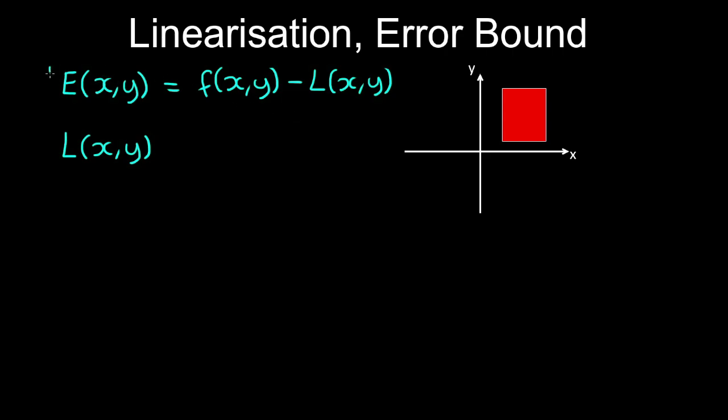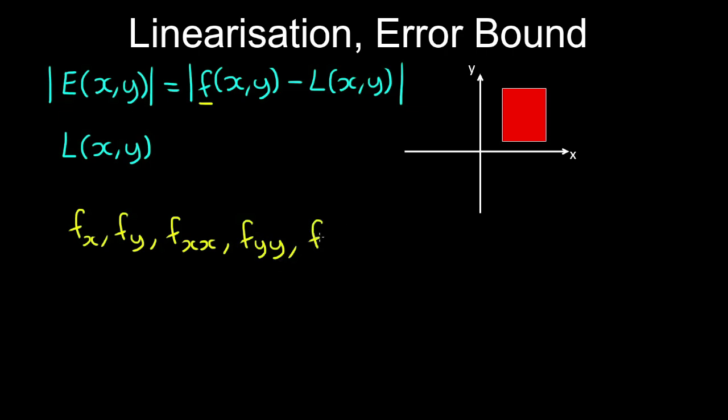And to get the magnitude of the error, we'll just take the absolute value. So if our function has continuous first order partial derivatives and also second order partial derivatives, being the partial with respect to x, y, and the mixed derivative of x and y,